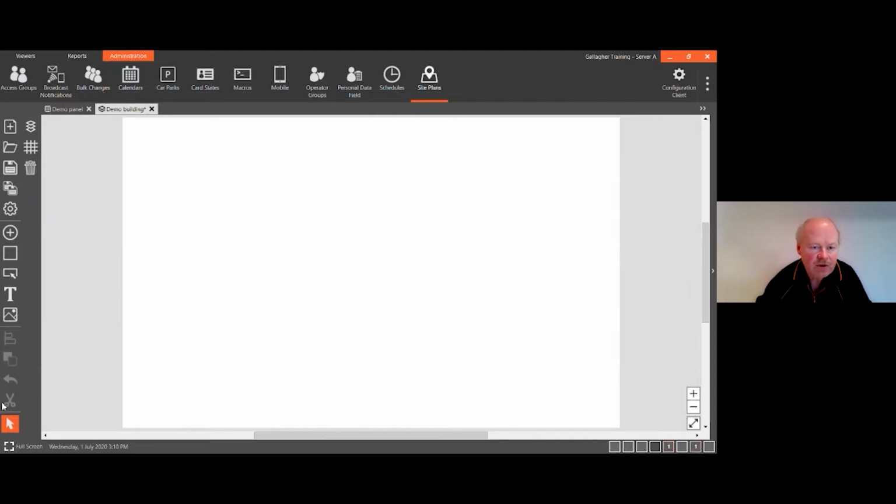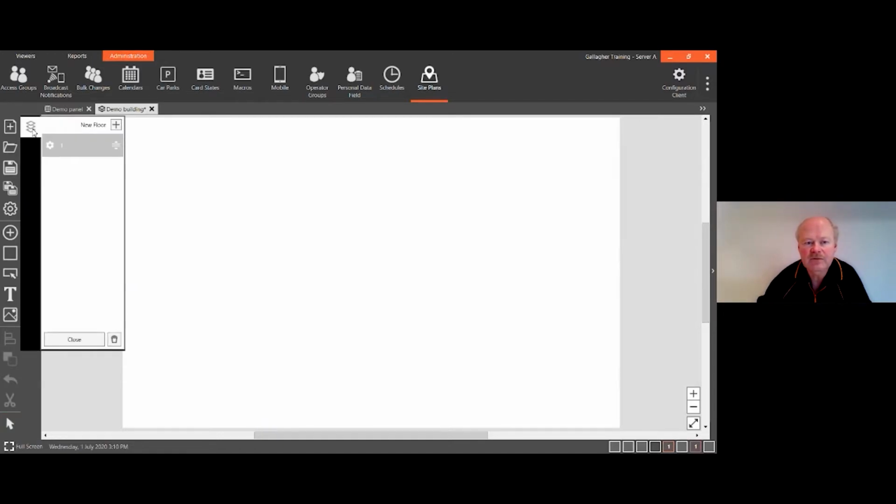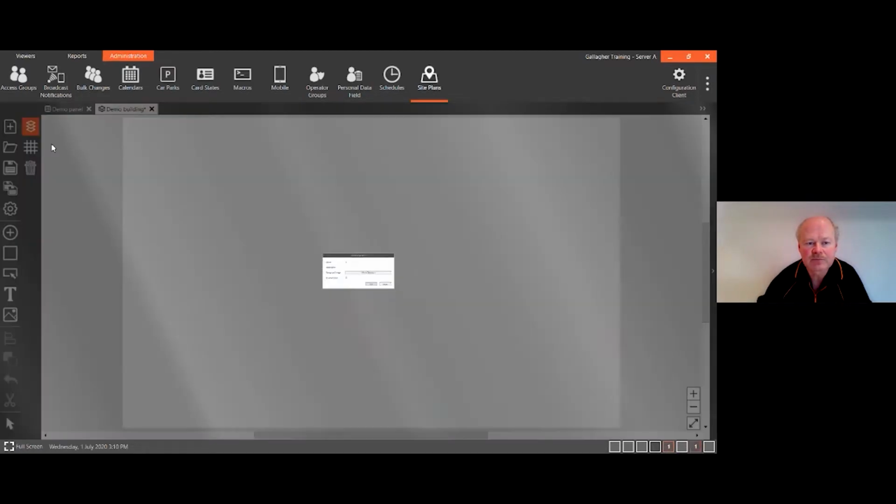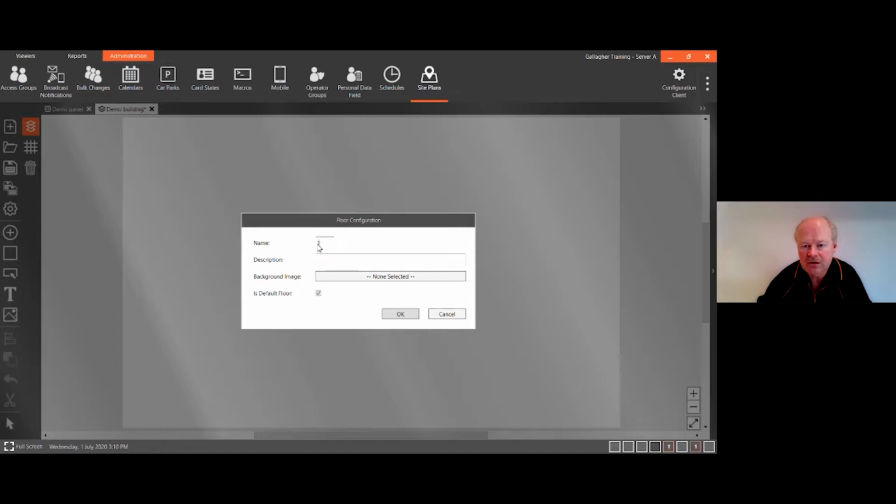Right, on here we've got a variety of additional controls. So we've got this one here, which is configure floors. So if we configure floors, we've got a level 1 at the moment. So I've just clicked on the cog. I'm going to change that to ground